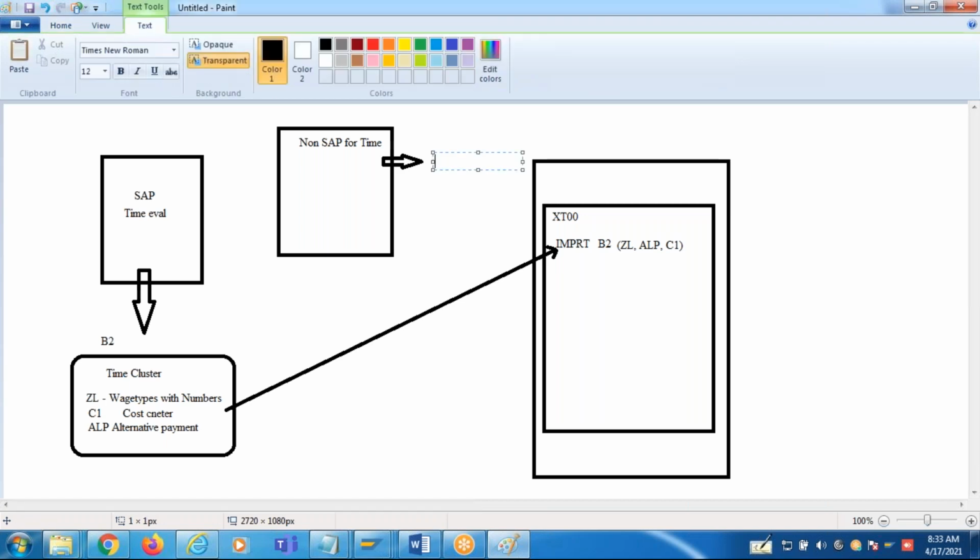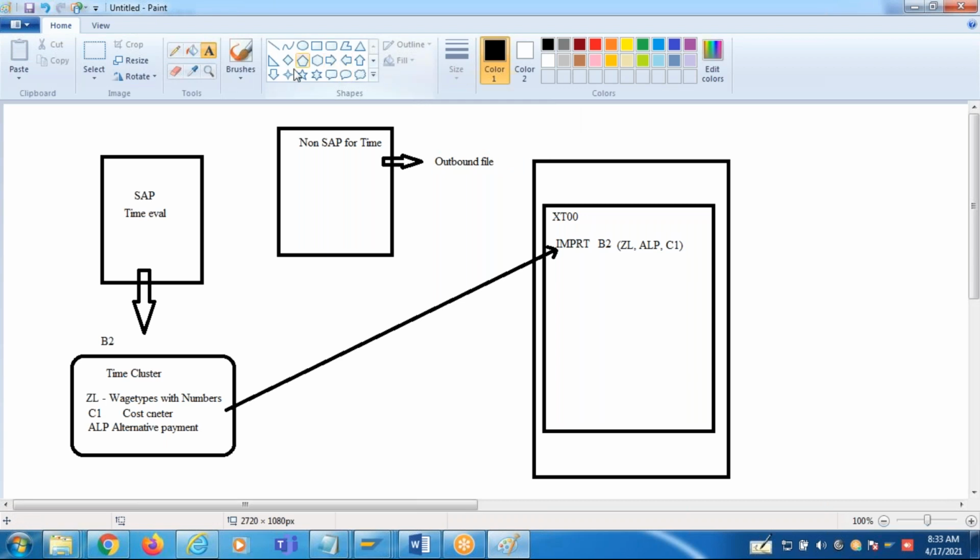Kronos will generate an outbound file, guys, which contains the data. If it can be directly loaded, we can directly load it in SAP. Otherwise, we convert it in such a way that it can be loaded into SAP format.